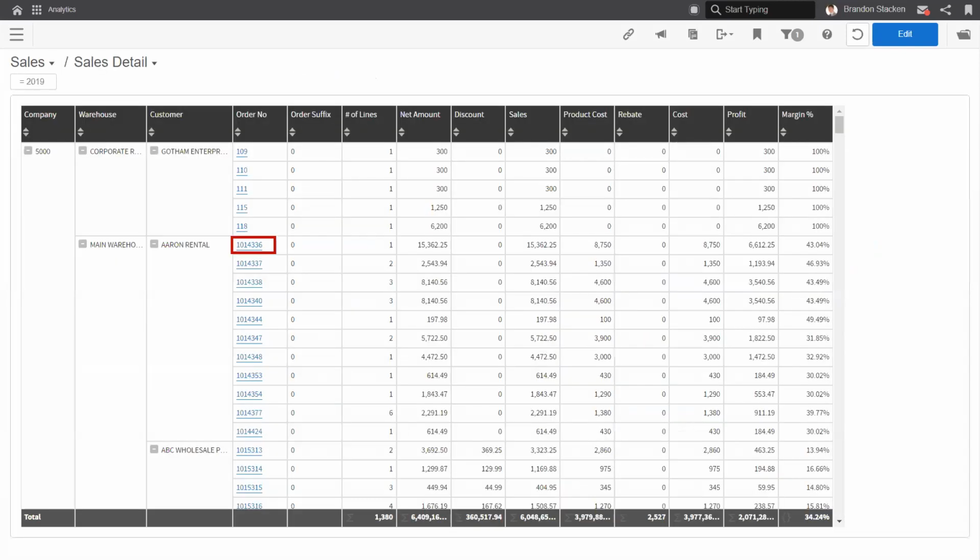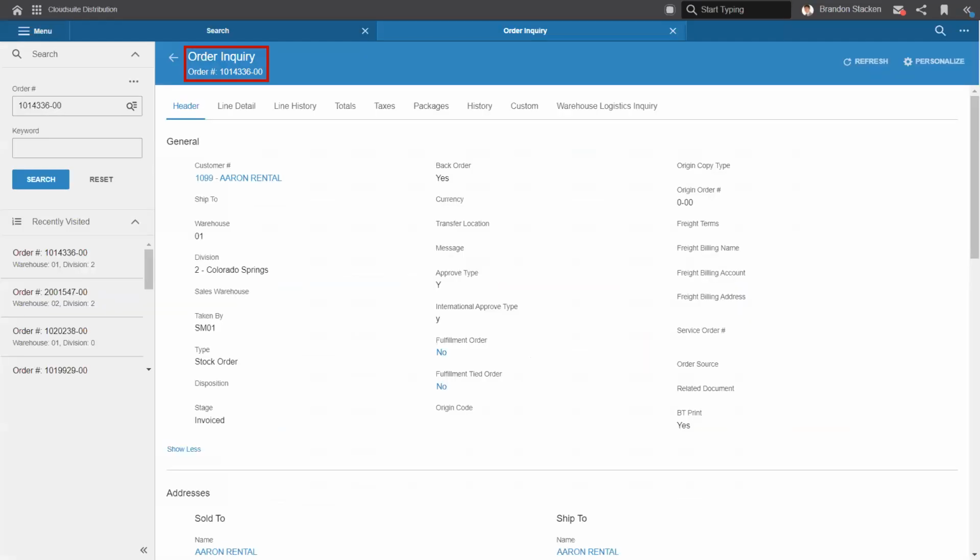And then another big enhancement that's been added to the content is the drill back capabilities from a burst report into the core ERP. And again, this will be dropped in the December release. So here we're currently looking at a burst report with a bunch of order numbers on it. And if I drill into that blue text, it takes me right into a functional area of the core ERP